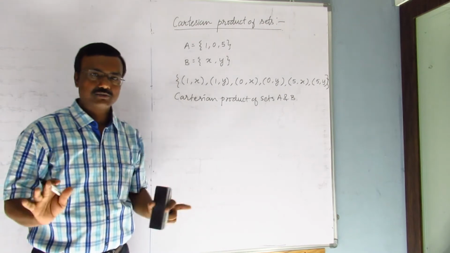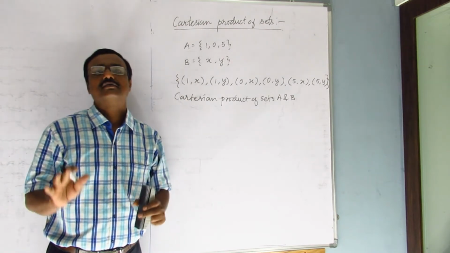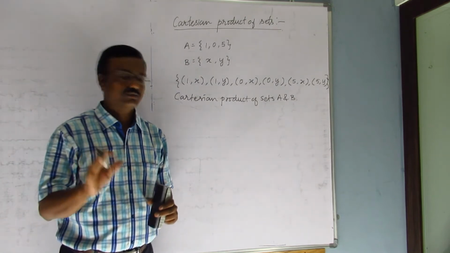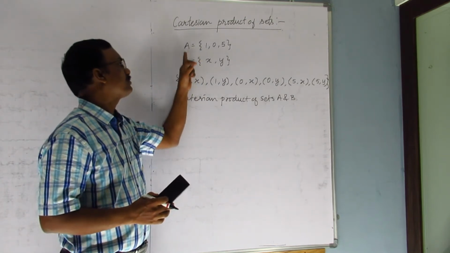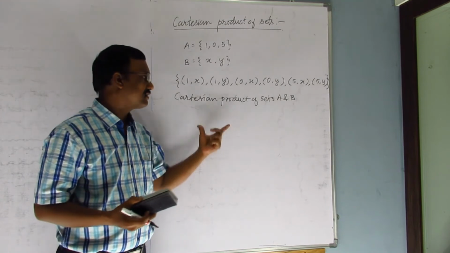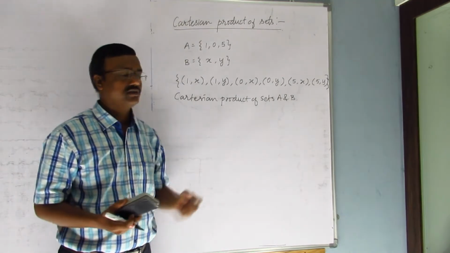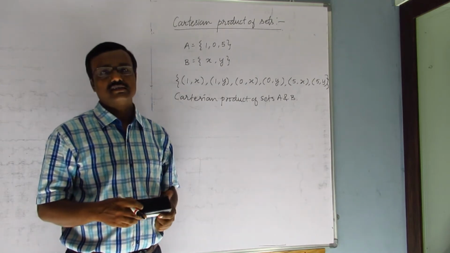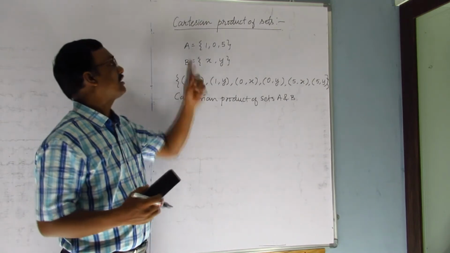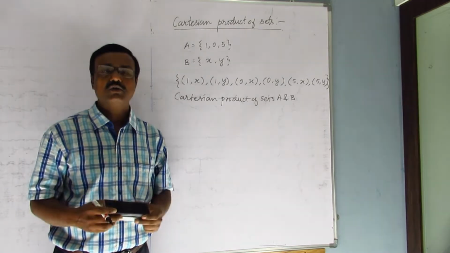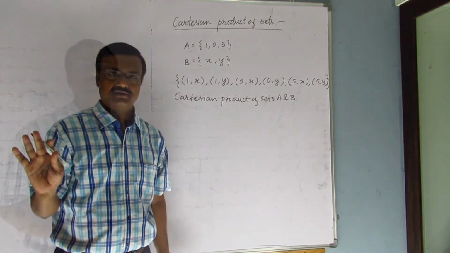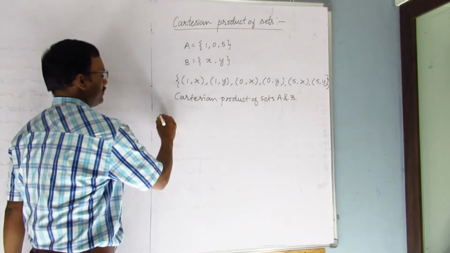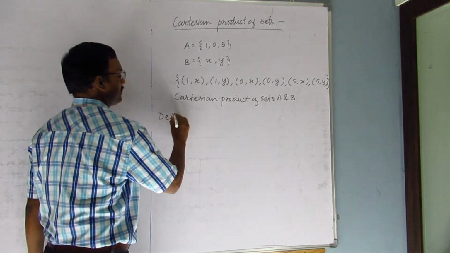So what is Cartesian product? Cartesian product is the set of all possible ordered pairs of two sets. So if you choose some other sets here, you will get a collection of other pairs and you have to put them in curly brackets to represent a set. So this Cartesian product is a set of all possible ordered pairs. Now how to classically define ordered pairs? So I will write the definition here.